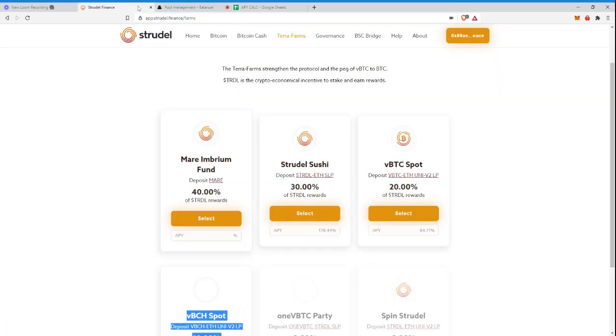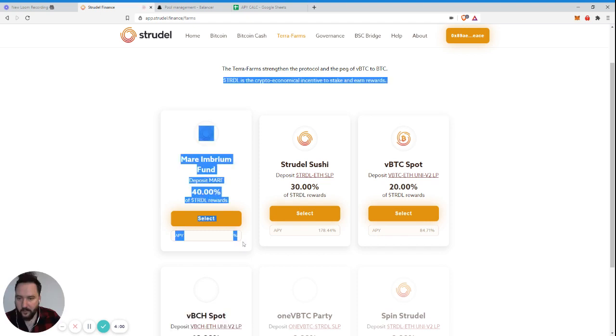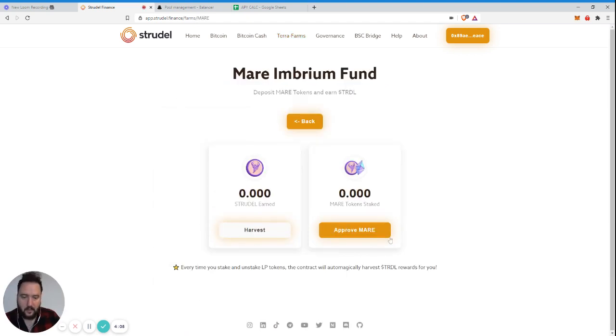The next step is once you have your Mare tokens and they're showing up in your lovely MetaMask wallet, head over to Strudel Finance. You're going to see the Mare Imbrium Fund right here. Go ahead and click select, and you're going to have to approve Mare for Strudel Finance. This is only going to be, again, another signed transaction anywhere between $9 to $12. You're going to click approve. It's going to pop up a MetaMask notification, and that will be dependent on the gas price. Right now, looking at that, it says 43 bucks, but you have to approve the Mare tokens to be spent